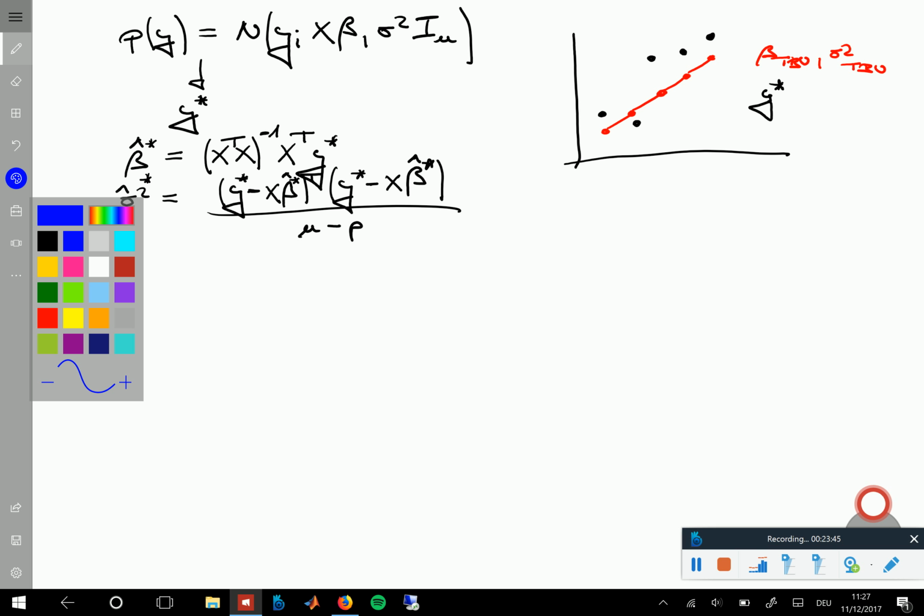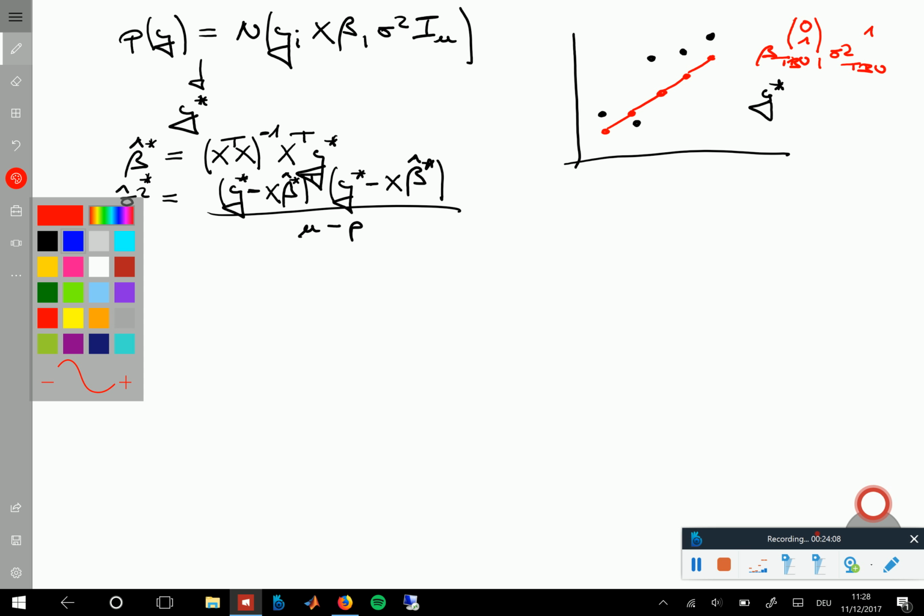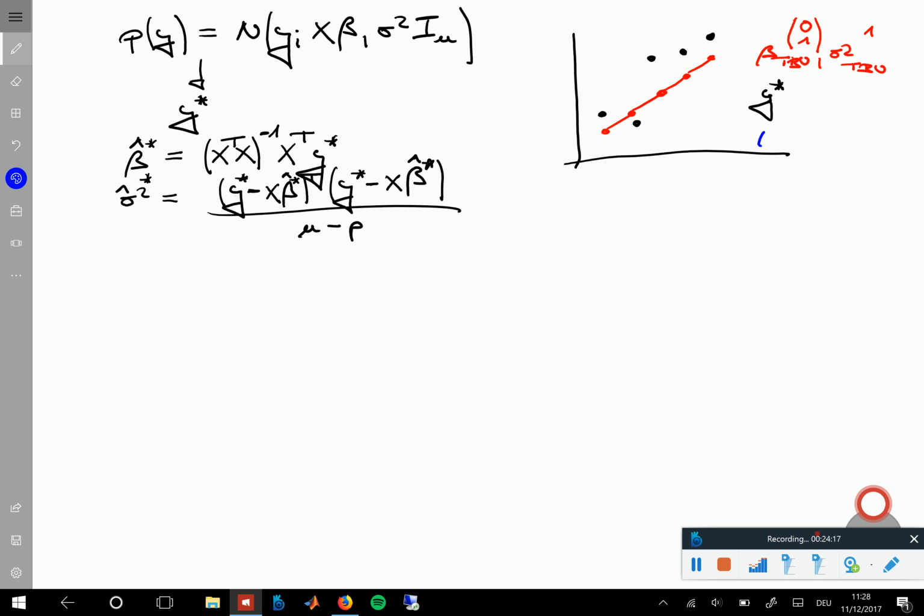And in this case, the true, at least for the beta, this would be where the offset looks almost like 0, and the slope might be something like 1. So this would be the true but unknown value, and let's say that our sigma square is 1 or something. Then the estimates would of course also, for the beta parameter, be a vector,